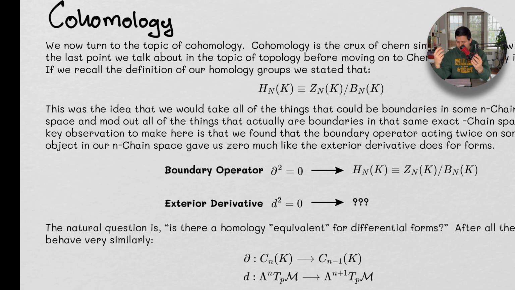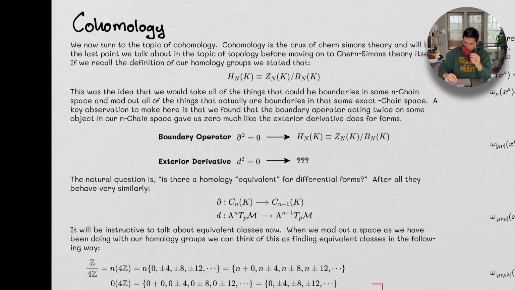Okay, so that is the analogy I like to draw here between all the things that could be boundaries and all the things that actually are boundaries. The tennis ball could be a boundary to something, but then when you open it up and see there's nothing in there, it's not the boundary to anything. So both of them, again, they're spheres. They look like spheres, but both are topologically different from each other. Okay, with that out of the way,